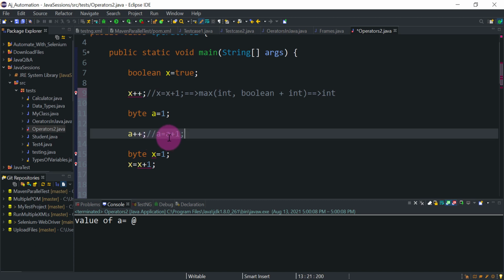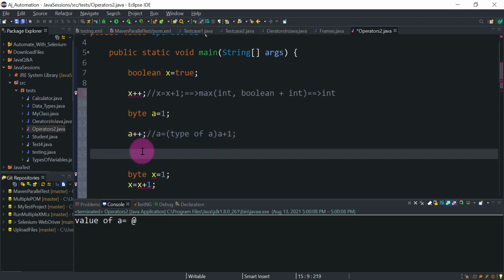When we solve this expression, in the case of increment and decrement operators, internal typecasting will be performed. You don't have to typecast explicitly. So a equal to type of a, then a plus 1.